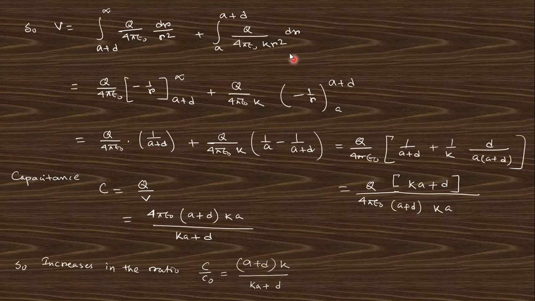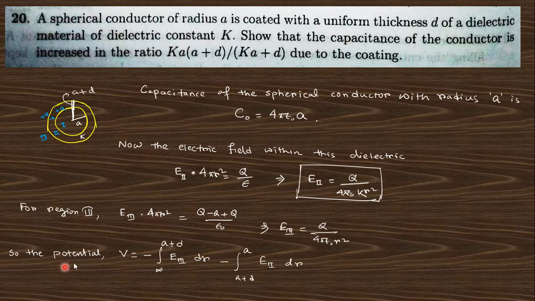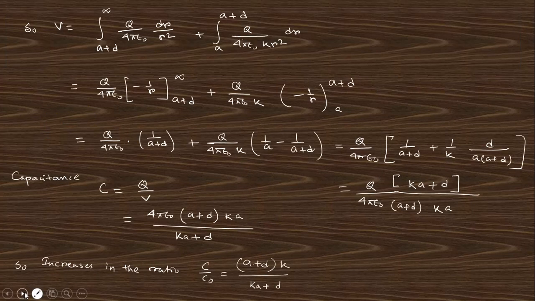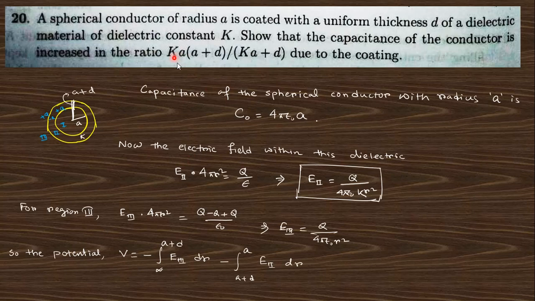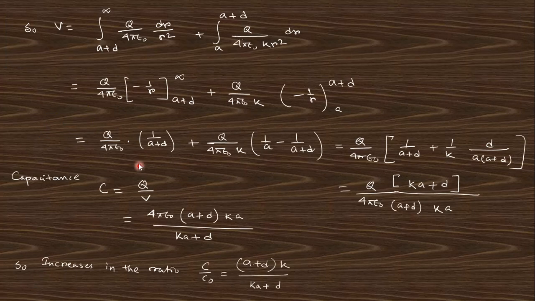If there is any mistake in my calculation, you must comment in the comment box, right? I got this relation, and I think this is an error in the book. Next question.